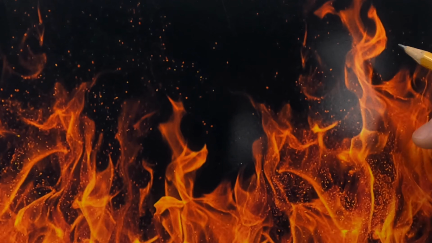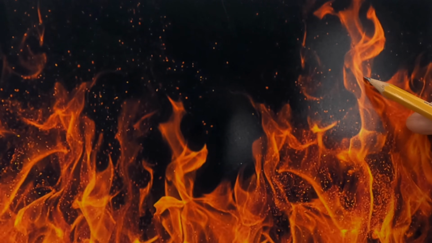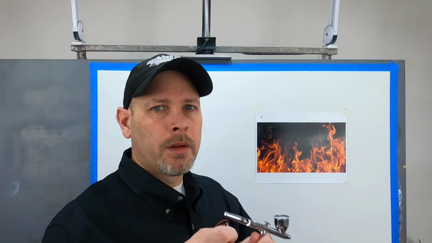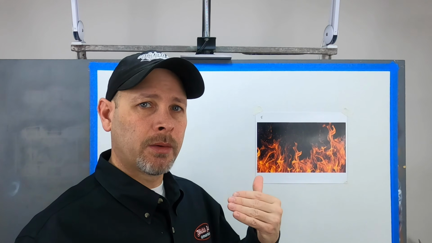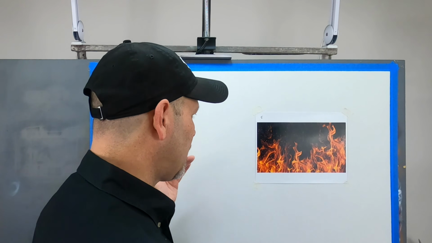To start out, I really like this particular flame lick in the top right corner. So let's work on recreating that with paint. The very first thing I want to do is make sure that my airbrush is spraying correctly, that my reduction ratio is good for the air pressure that I'm using. I can do that by spraying on a scrap piece of paper or just on the back of my easel. So I'll do that now.